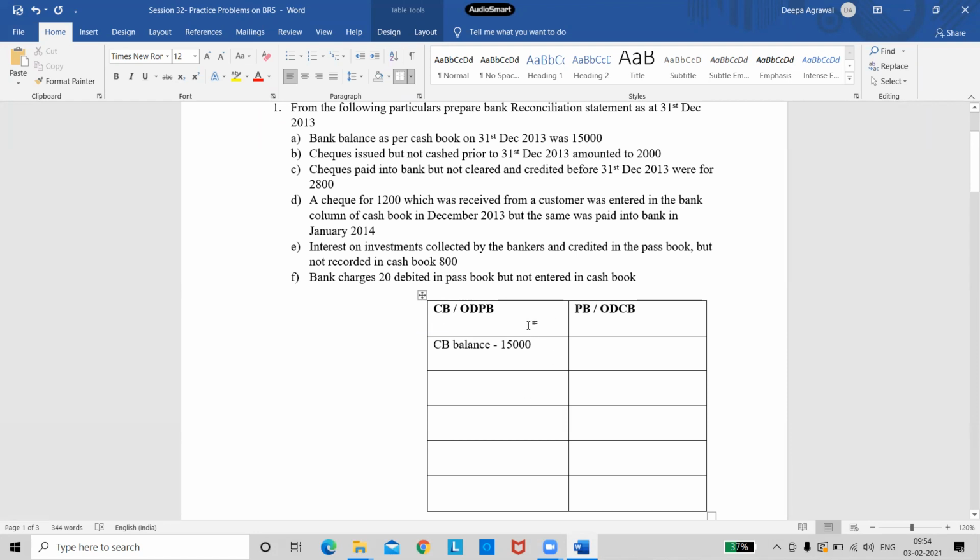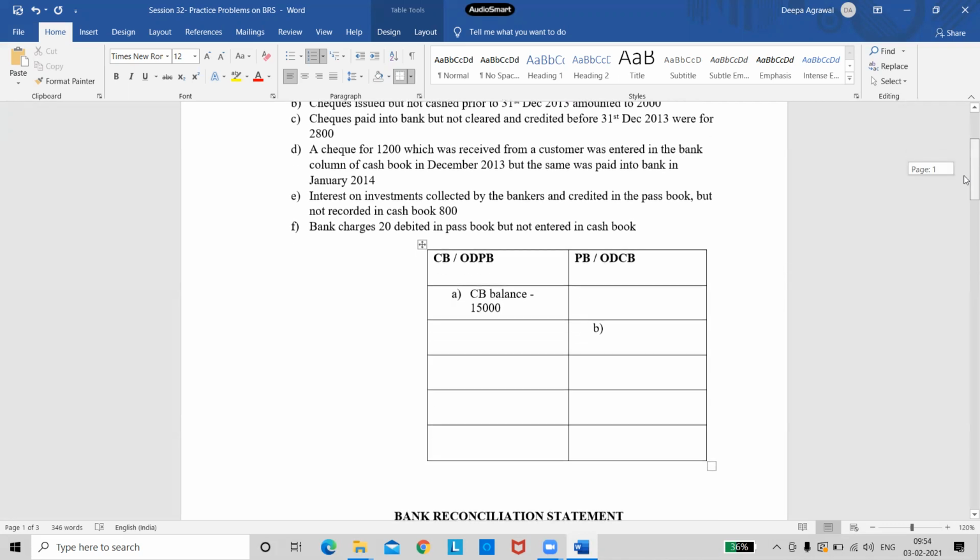And always remember, if cash book is given, what we will find out is the balance as per passbook. So now I'll do all my transactions in this column because I should get the balance according to this book, right? So I will start from here. This is my A bit. The cash book balance is given. So leave it like that. Now I go to my B bit. Now I'll do all the transactions in the passbook balance because this balance I have to find out.